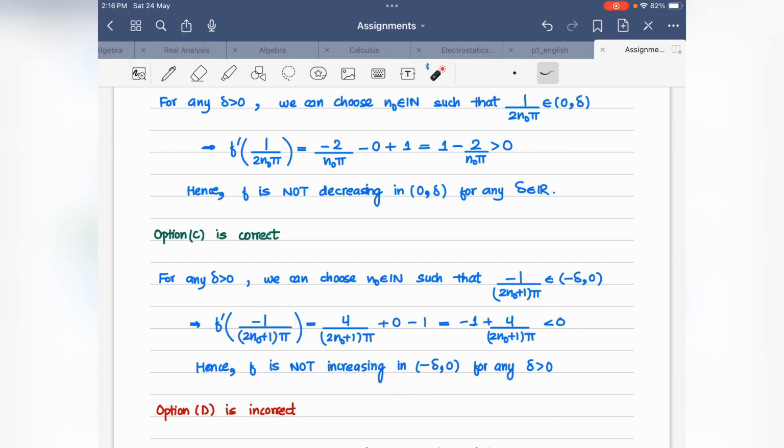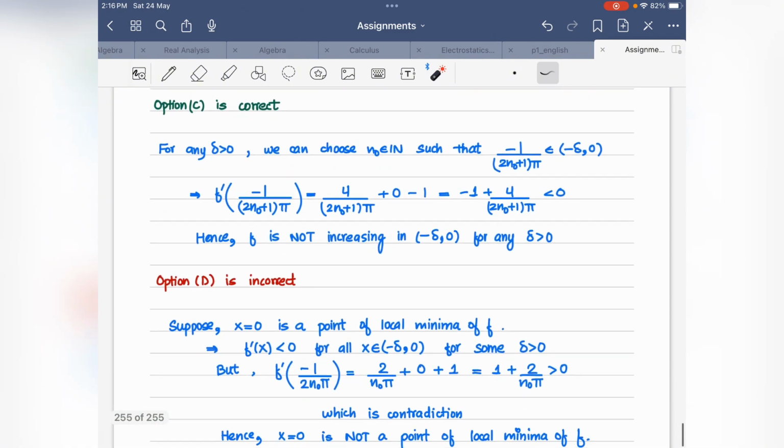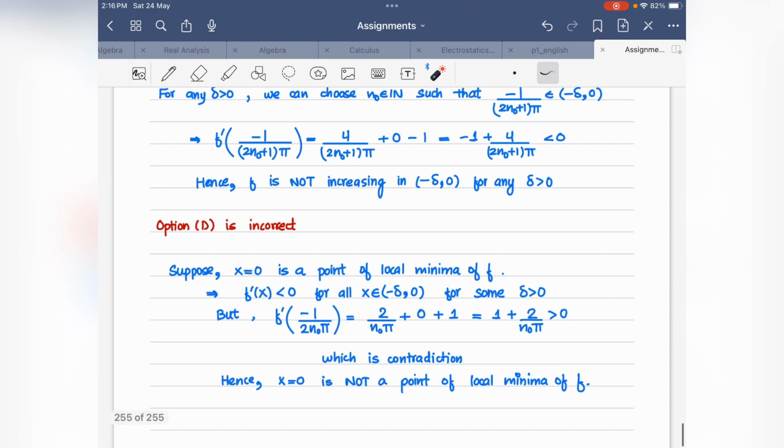Now coming to the last option. The last option was that x equal to 0 is a point of local minima of f. This option is also incorrect. Suppose 0 is a point of local minima of f. Then f dash is non-negative in the right neighborhood and non-positive in the left neighborhood of 0, because 0 is a point of local minima; the left neighborhood is decreasing and the right neighborhood is increasing. So f dash must be negative in the left neighborhood of 0 for some delta. But if you compute f dash of minus 1 upon 2 n naught pi, this will be 2 upon n naught pi plus 0,